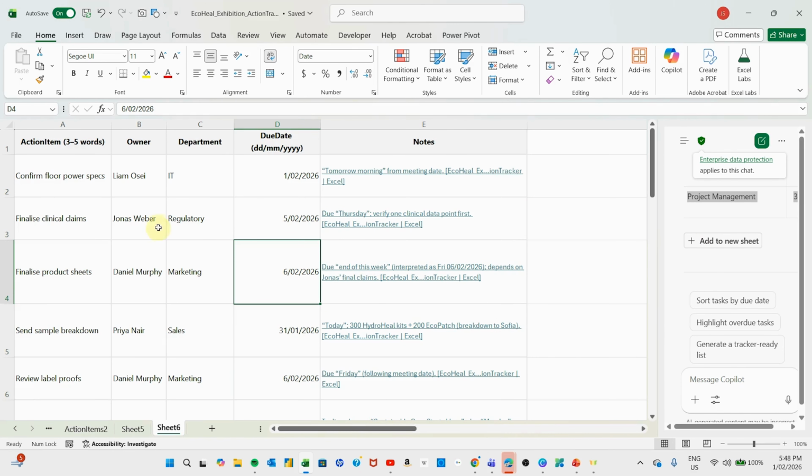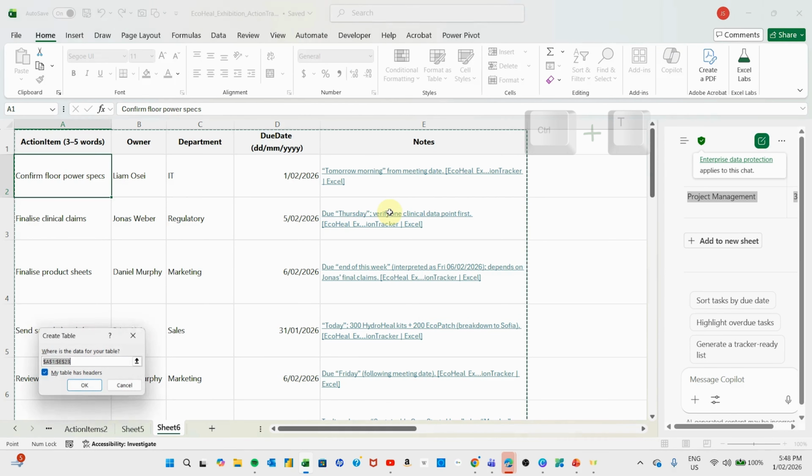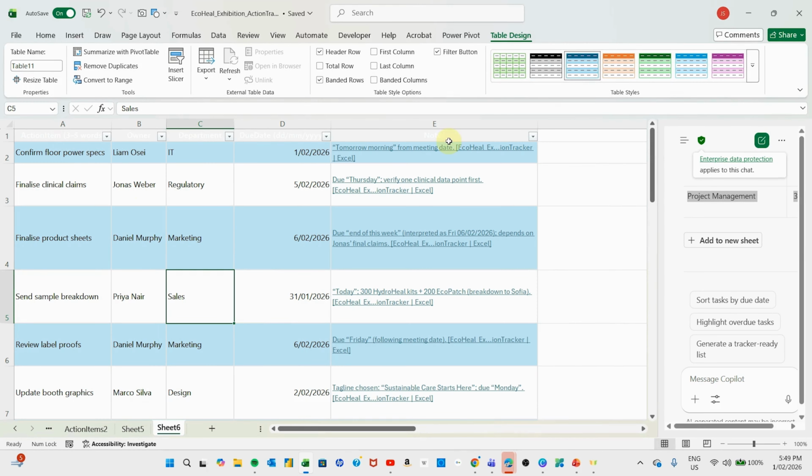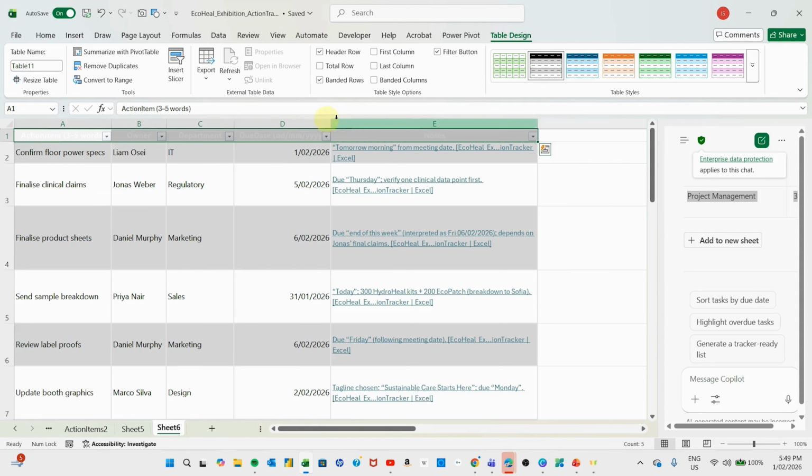So this is the data we copied from our chat. Now you can see here it's in columns and rows, and all I need to do here is hit Control T, and because it's got some heading information, I will say my table has headers, and now that's been created with a particular format. Now that's something we can just simply rejig a bit and make things look a bit nicer,